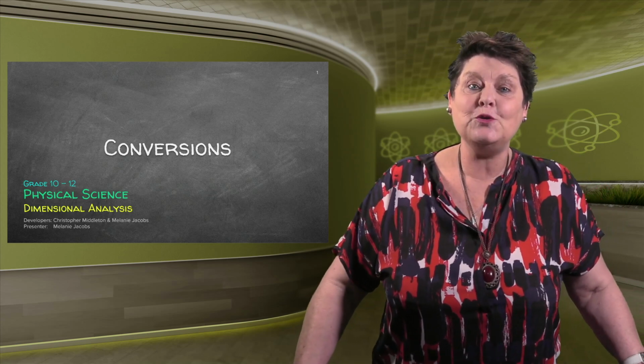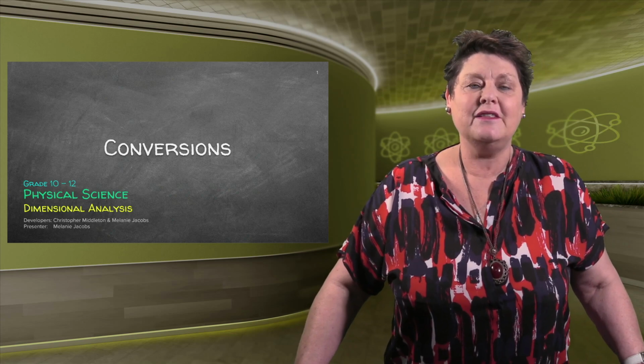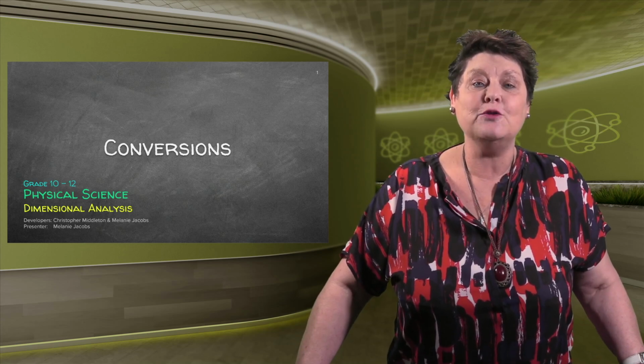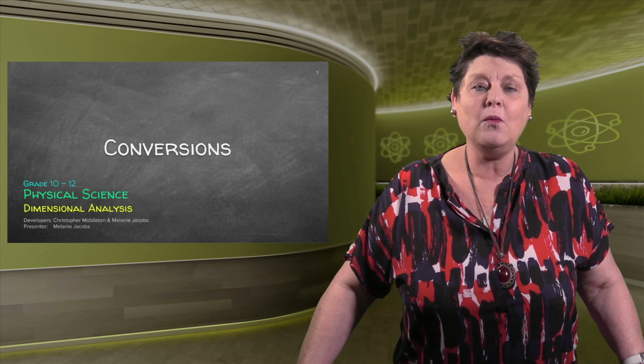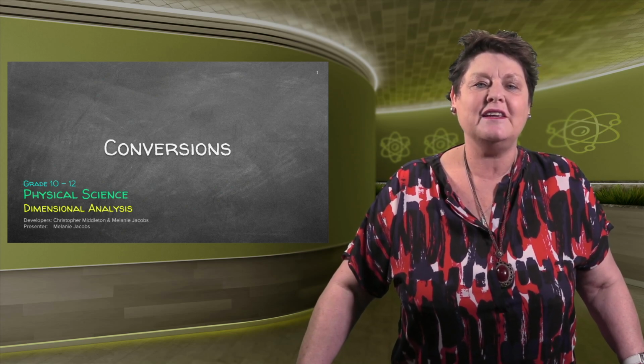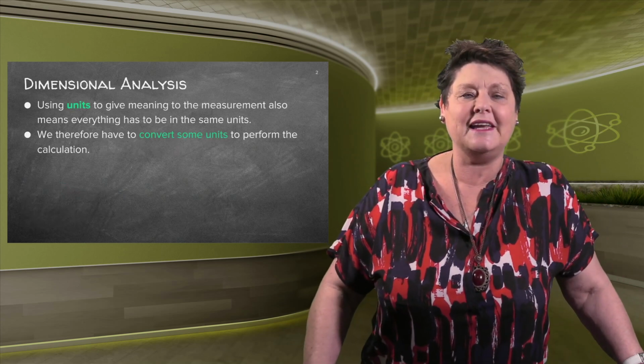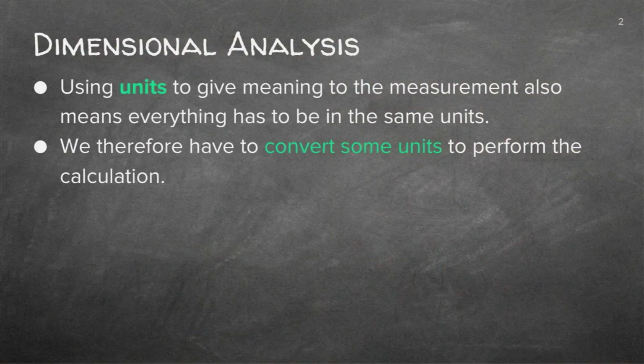We're going to do dimension and analysis part 2, which will be the conversions. In the first part, we focused on the System Internationale, these 7 units, and now we're going to look at how we apply these units in terms of conversions. So let's have a look at the units again. Units are important in physical sciences. You cannot work if we don't work with the same units. And secondly, some of the units you'll have to convert from certain units to another unit.